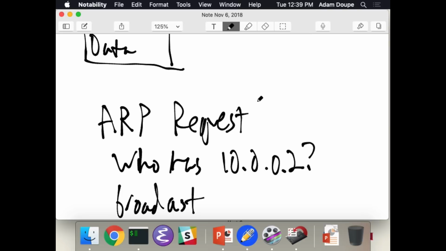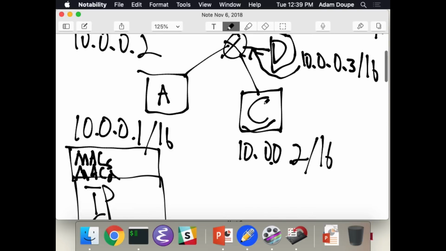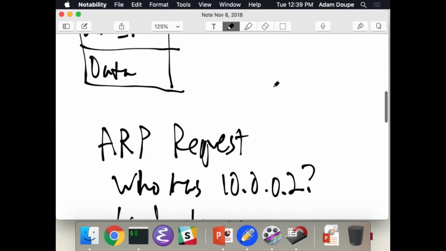So when a switch gets, I mean, think of it in terms of switches, right? Switches have ports. So when it gets an ARP request on one port, it sends it out on every other port. And then every single machine on that network should get that message of who has this IP address. And then the machine that has that IP address will respond. And they will say,